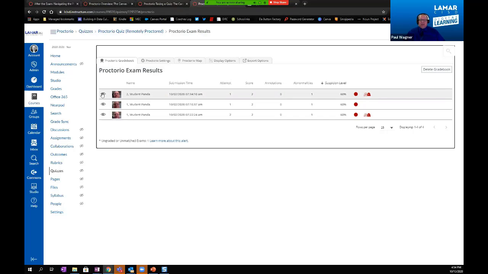If you've never looked at these options, it would be grayed out with a slash through it. So it just reminds you of where you were if you were looking at things. It tells you the name, obviously, the submission time that it happened, which attempt it was, and the score that they got based on however many points it's worth. Annotations, I'll talk about a little bit later, but it's a place where you can actually take notes as you're looking at this student's results and their video